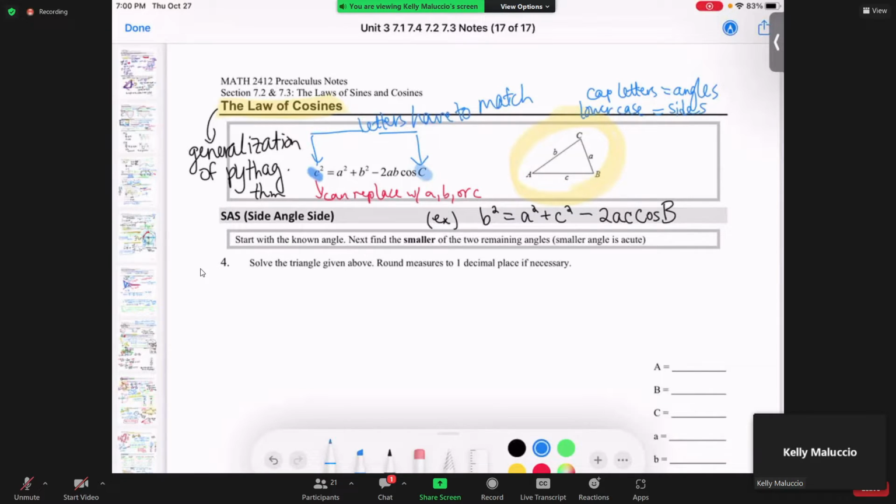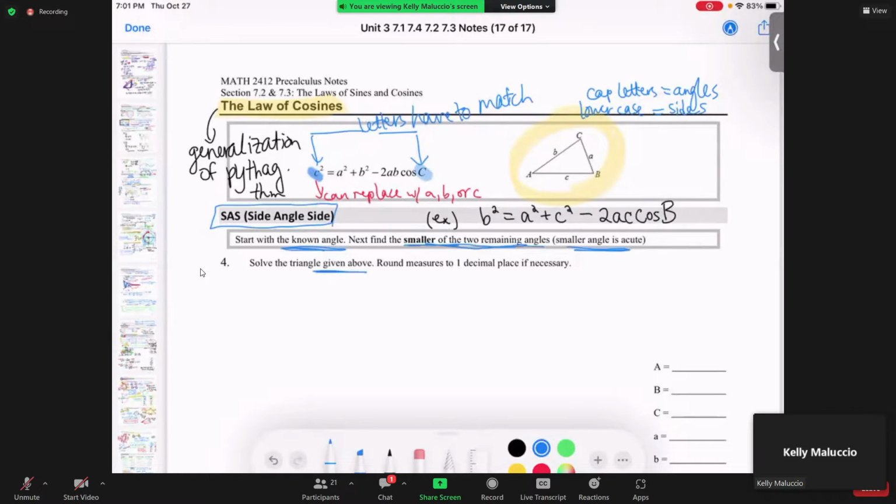So again, it's going to be side, angle, side. So let's see. We start with the known angle. The smaller is an acute one. And then we can solve for everything else, right? Let's see what they say. Wait, solve what? There's no